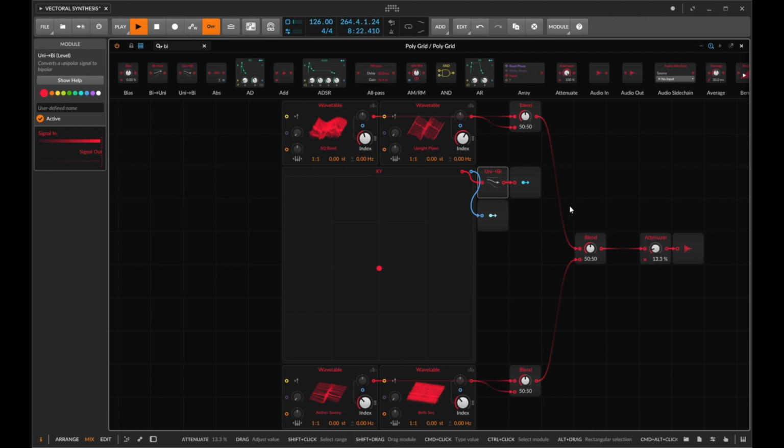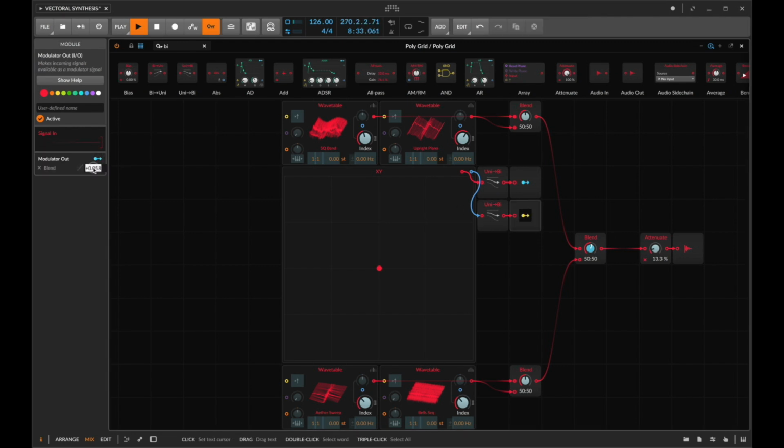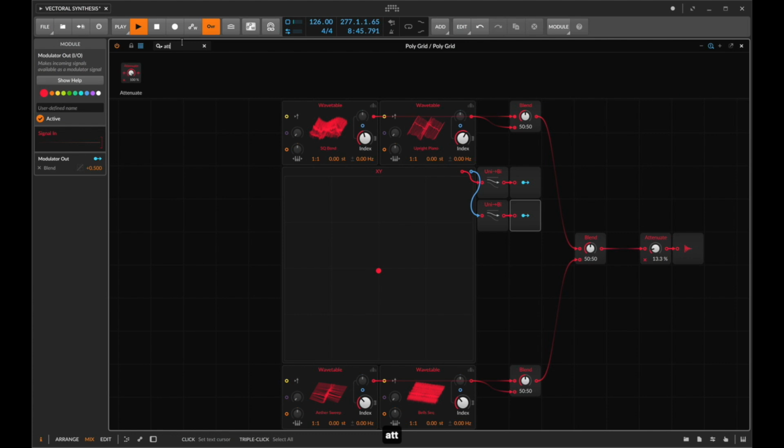And once again we have the same sound before, but all we need to do now is copy our unipolar to bipolar, put that in there, and we can now do the same thing of modulating it to 0.5, and we now have a fully vectoral synthesizer, which doesn't sound that interesting at the moment,